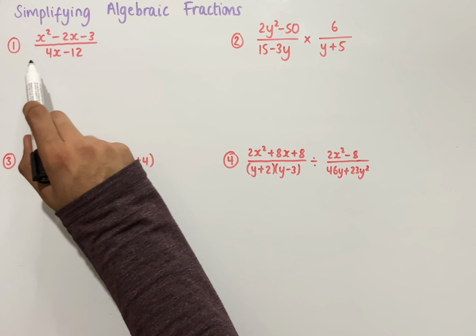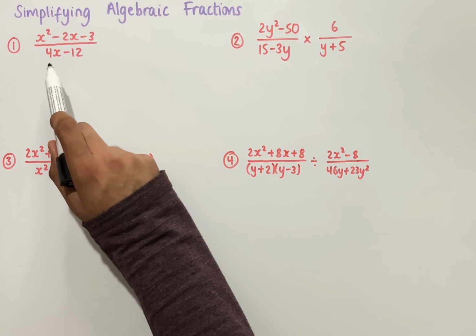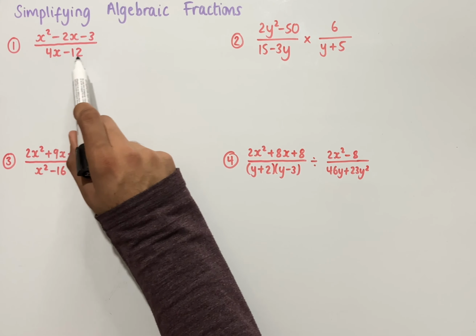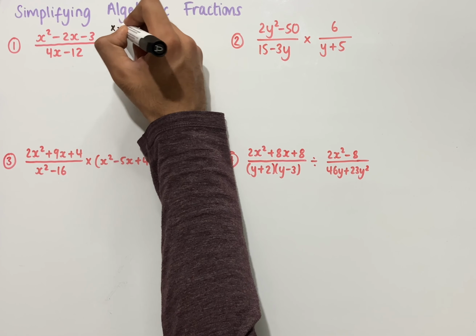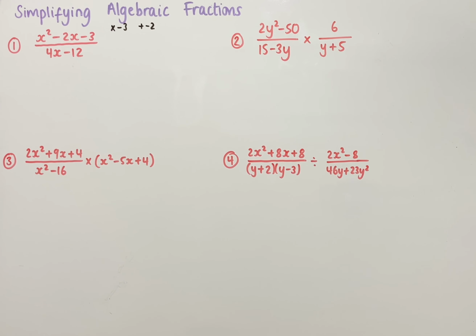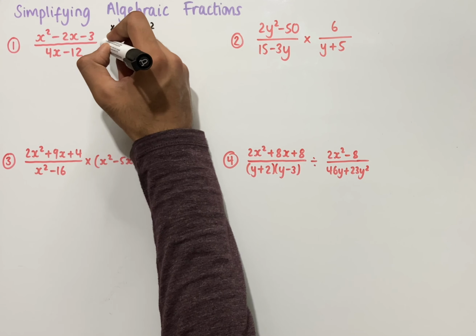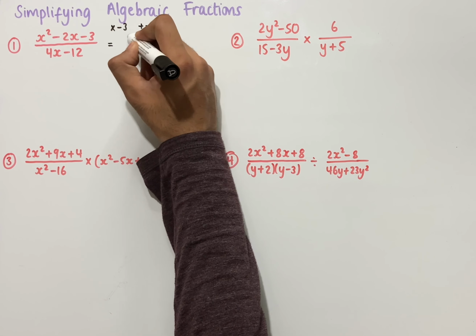The first example says to simplify x squared minus 2x minus 3 over 4x minus 12. So to begin with, we'll start with the numerator, which is a quadratic, and so we're looking for two numbers that multiply to make minus 3 and add to make minus 2. Those two numbers are minus 3 and 1, and so this fraction can be simplified to (x minus 3)(x plus 1) in the numerator,